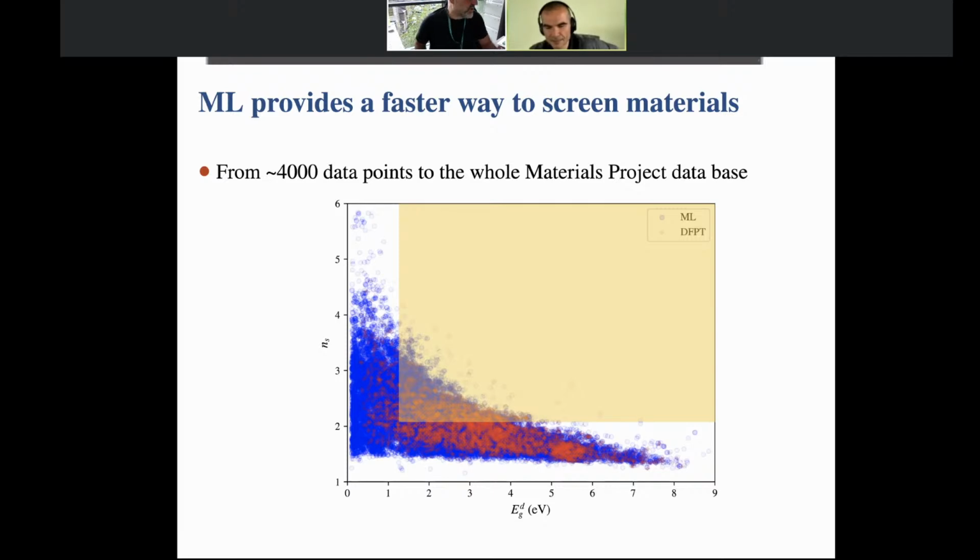This plot is just focusing on those that are interesting, meaning that for a given gap they are among those with the biggest refractive index. The reason why it's 2 is because I was focusing on this region of interest.